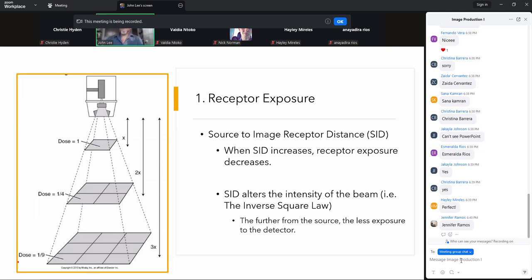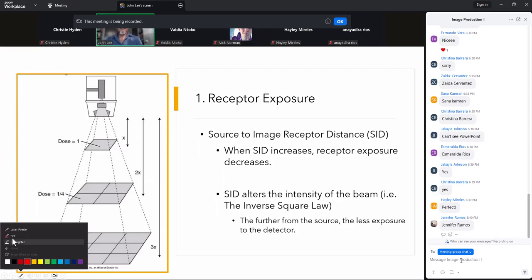So, as we've learned with the inverse square law, the intensity of our beam of radiation will vary inversely to the square of the distance from the source. So, if we double our distance from an original exposure,